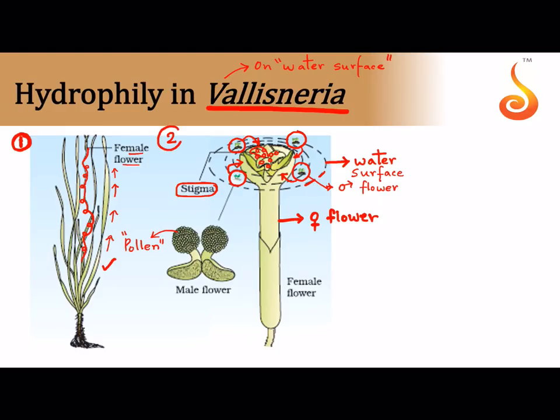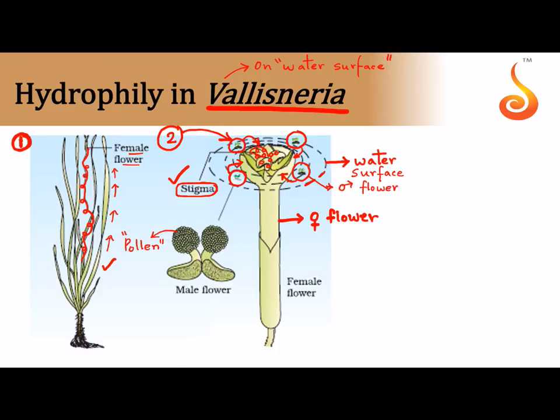Once the female flower reaches the surface, who surrounds her? The male flower surrounds her. Who brings the male flower closer to the female flower? Passive water currents. The male flower is carried passively by water currents closer to the female flower. And the male flower has a lot of pollen on it. And then once they come closer, they are brought together, the pollen gets dusted onto the stigma of the female flower. That means the pollination